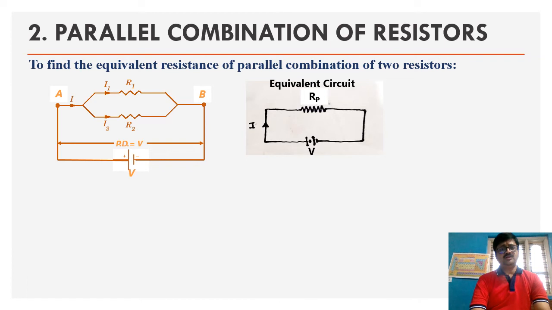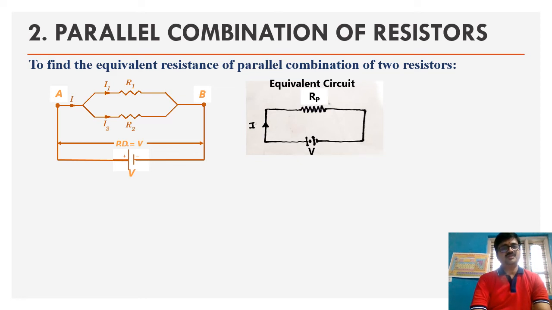Now in this particular circuit diagram, firstly if you just observe here, we are considering two resistances R1 and R2 which are connected one below the other, correct? One below the other they are connected. Obviously they are in parallel combination. And what is the definition of parallel combination? We know that the potential difference across R1 and R2 is same. But current need not be same here.